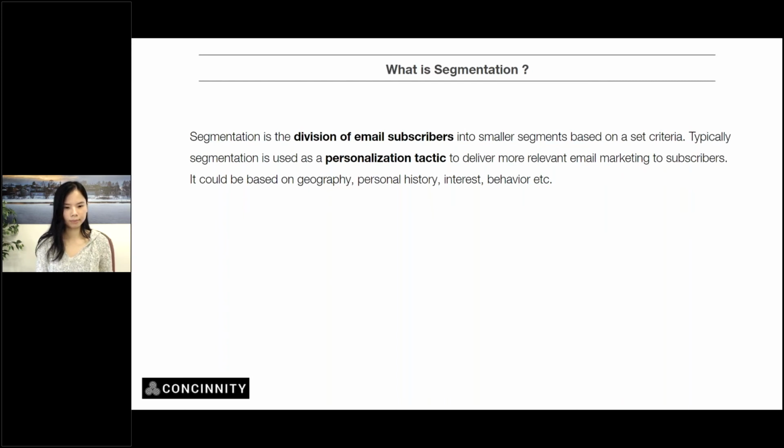Let's say even if you're selling a product like iPhone, the way you're going to market to someone in their early 20s is going to be very different from the way you're going to market to someone in their late 50s or early 60s, correct? Someone in their early 60s or late 50s, you're going to market by saying how easy it is to use the iPhone, and create a lot of importance around ease of use and UX.